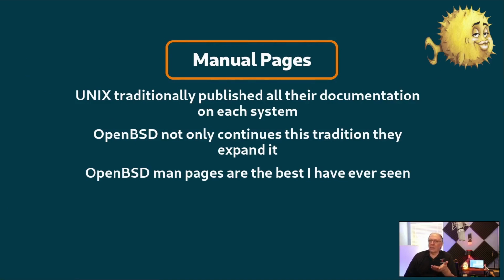Linux, to some degree, does follow that a bit, but you have to install the package to bring the man pages in with it. The problem is when you're assembling everything, you don't have a full view of all the man pages. You'd have to have those system packages on your system before you would get them. That's not the case with OpenBSD. They have also expanded it, and the man pages serve as the principal source of documentation for the system.